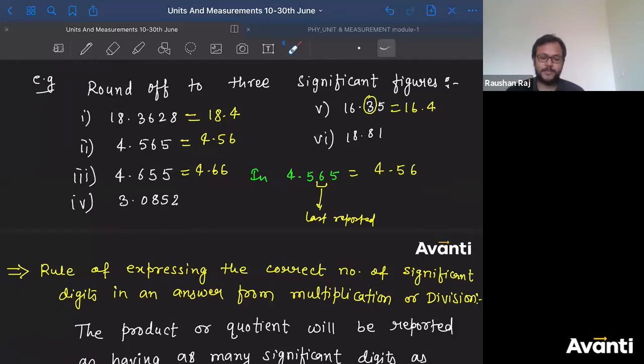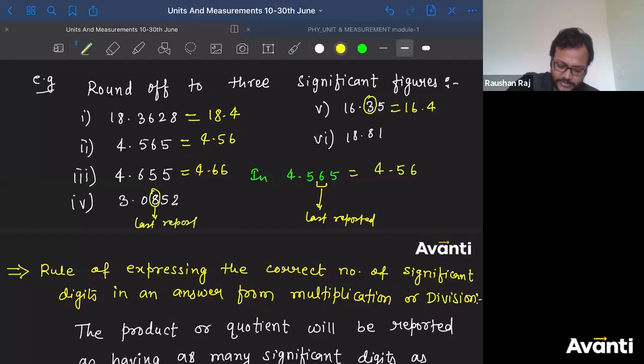3.0852. The last reporting digit, 3 significant digit means 1, 2, 3. है ना? So this 8 is the last reporting digit. Now check the digit which is right to it. 5. Equal to 5. है ना? ये क्या है? 5 के बराबर है. तो क्या करेंगे बच्चा लोग? If it is equal to 5, check this part, whether this is odd or even. तो कितना है बच्चा ये? This is what? An even number. I don't have to change it.